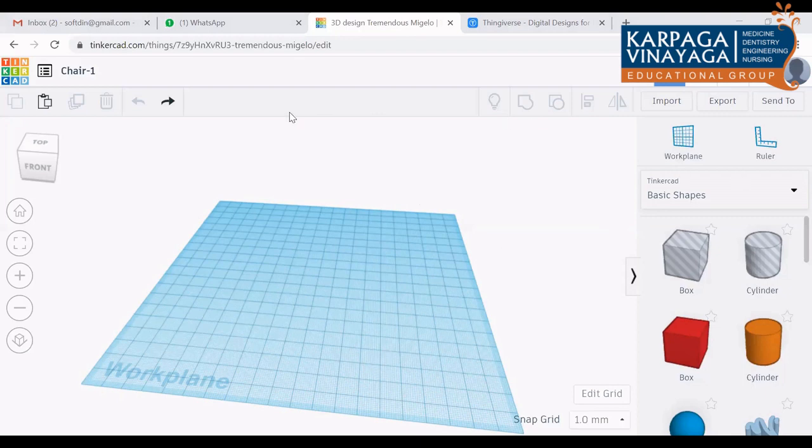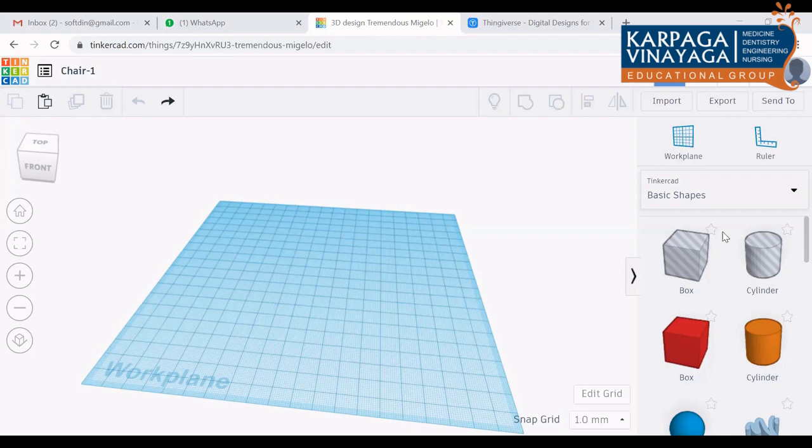So I think I have explained all the things that are here. If anyone is from a mechanical or engineering background, they will know what AutoCAD or common design software is, where they design mechanical components. That is totally different, and this is totally different. This software is designed exclusively for 3D printing.